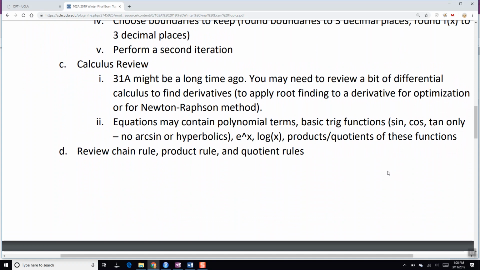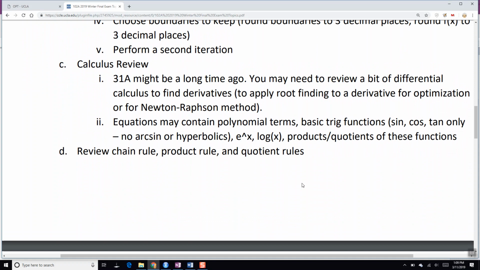I think a couple quarters ago I had a problem that had sine of x in there, and they asked me what's the derivative of sine of x, and I said I cannot. You can't ask me that question. I can't. So don't. So make sure just your basic things, right? It's not too crazy, but just